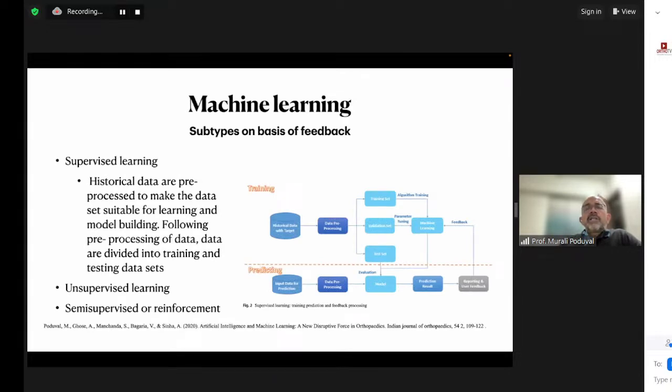Now, there are multiple types of machine learning depending upon how you execute it. The most common method is supervised learning, in which there is an input and an output, a paired input and an output that is fed to the machine. This is the training data set. Now, having done that, there is a validation data set on which this algorithm is tested, and then eventually the model is deployed and it keeps learning with increased inputs to